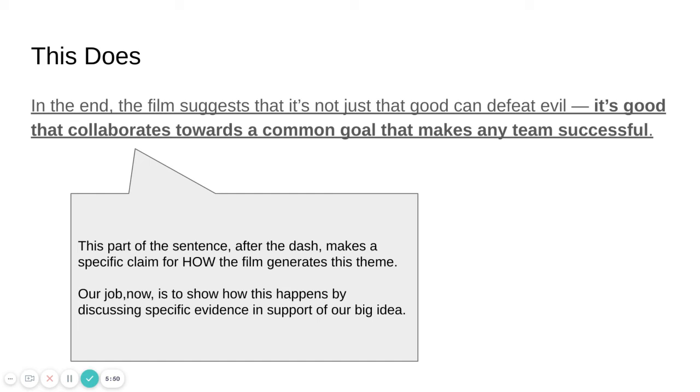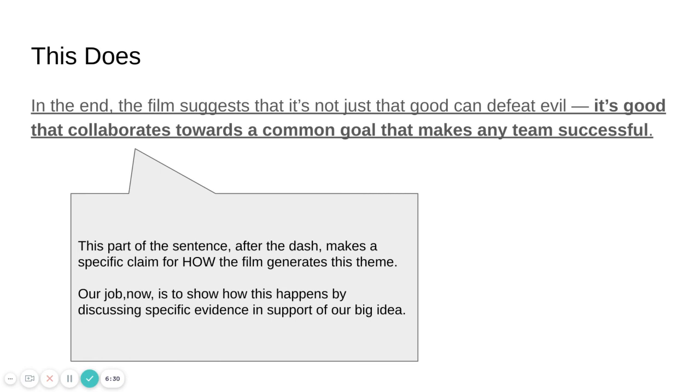Now, having seen this film 8,000 times, I can think immediately of very specific moments where Han Solo helps Luke, when Ben Kenobi helps Luke and Princess Leia, right? There's all of this assistance that continues to happen. But think about the dark side with Darth Vader, who when he doesn't like somebody, he chokes them, right? He doesn't try to work through problems. He tries to kill people who don't agree with him. Okay, so that's just an example, just off the cuff. Those would be really fertile examples from the movie that would help me make this case.